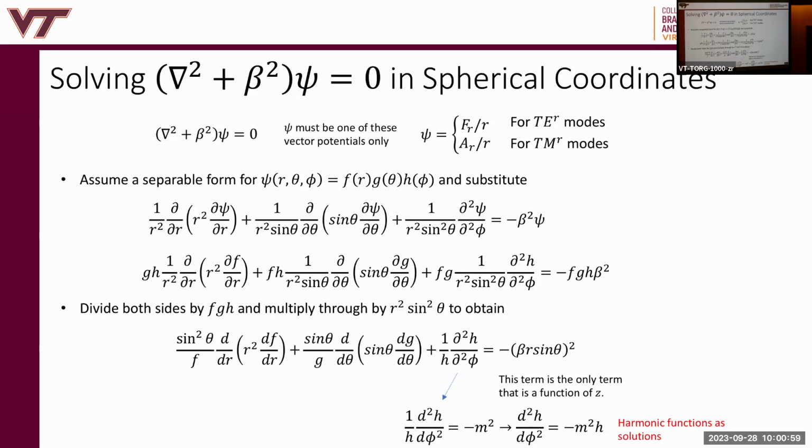So let's solve it. We can solve this differential equation using our friend separation of variables. So psi of r, theta, and phi is represented as f, g, and h, where f is a function of r, g is a function of theta, h is a function of phi. Why do I do this? Because assuming this separable form, hopefully the result is that I separate the PDE into ODEs because each of these functions depends only on a single variable. So I can convert the derivatives, which are partial derivatives, into straight d's, which are ordinary derivatives. So that's the approach.